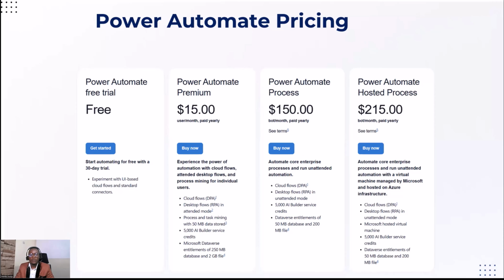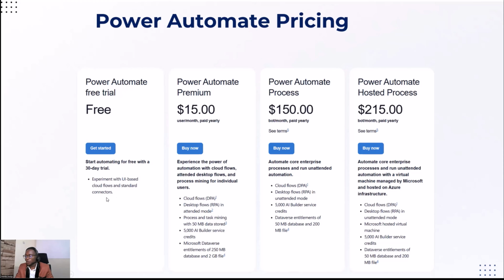If you're doing actions within your machine, you can download Power Automate Desktop and automate the different tasks you have locally. And we have a free trial as well, where you can experiment with UI-based cloud flows and standard connectors.